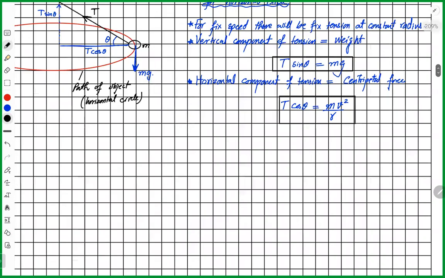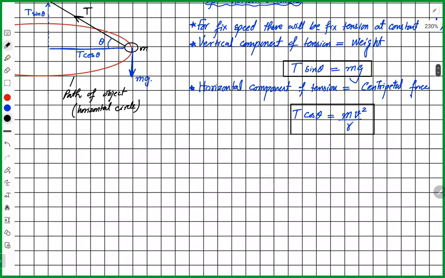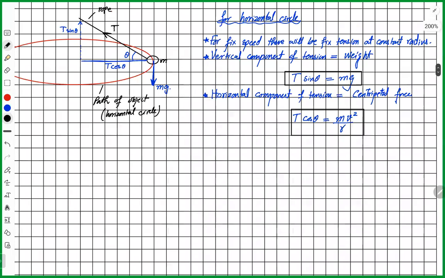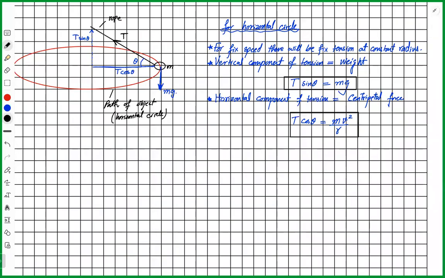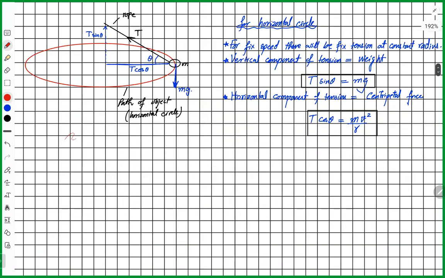Now T sin theta equals mg and T cos theta equals mv squared over r. So that's some very important and very basic things. I won't say they're very difficult, but they're very important. Examiners keep asking them. Why